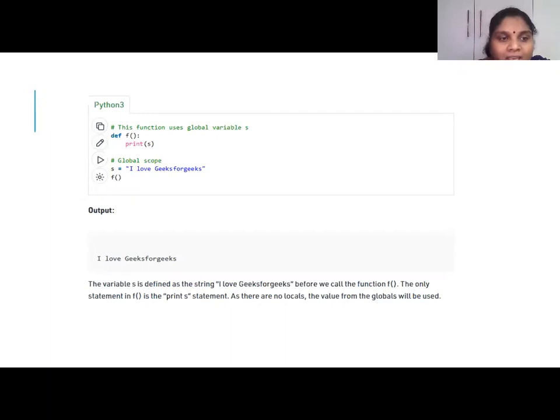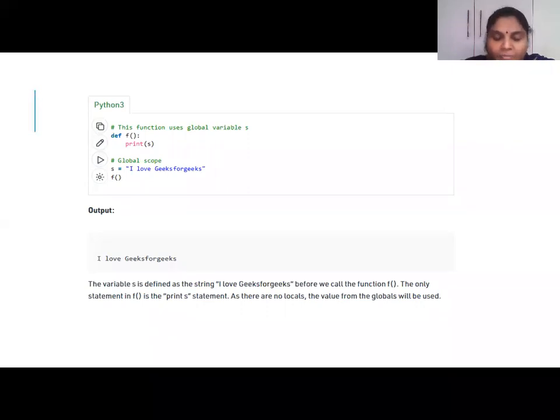Now the same thing: define F, print S, where S is equal to I love GeeksforGeeks. S is a global variable because it is defined outside the function. Whenever I call the function F, it says I love GeeksforGeeks. Another example for global scope of that particular variable.